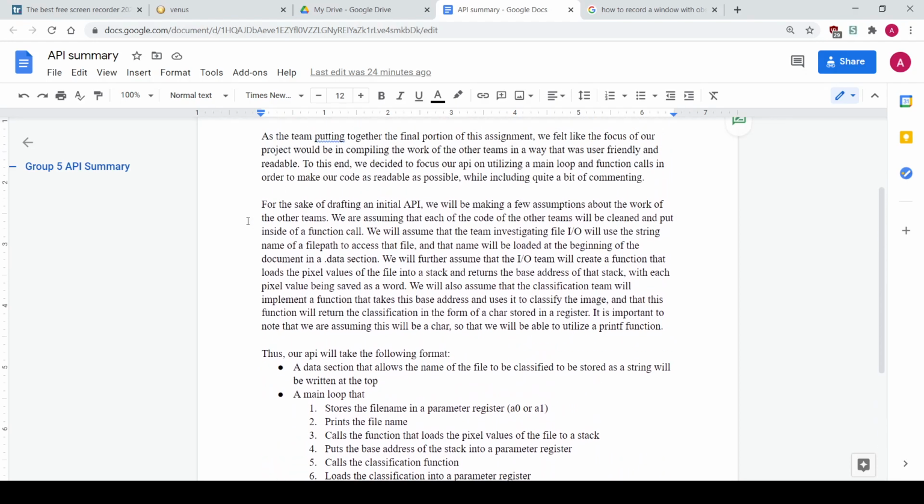So we had to make a couple of assumptions since we don't know how the other teams are going to be implementing things. In an object-oriented type mindset, we assumed that each of the other teams will write a function that does a task and then loads the product of that task into a register. That would make our job a lot easier. For example,